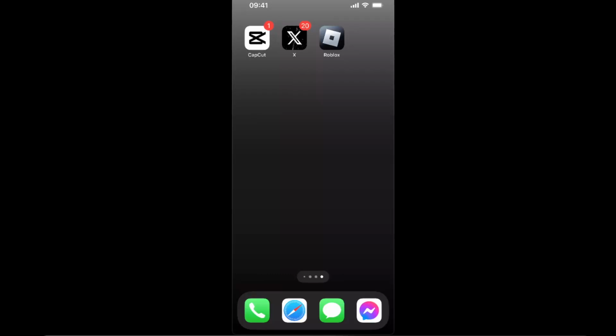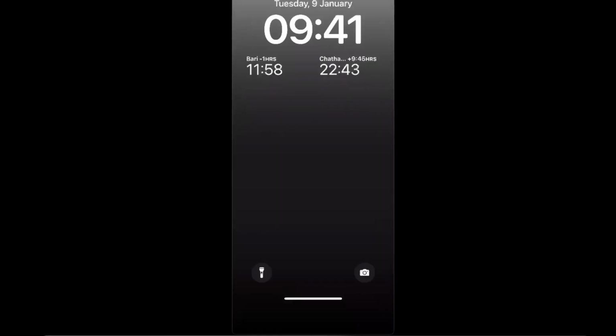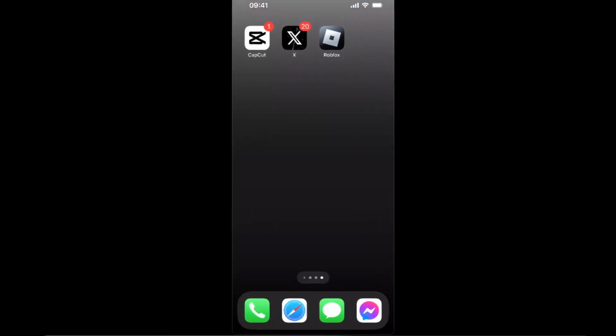Hello guys, in today's video I'm going to show you how to set up a dual clock or more than two clocks on your home screen of your iPhone. So you can do this on lock screen, and this looks just like so. But if you want to set it up on home screen, all you have to do is unlock your phone,